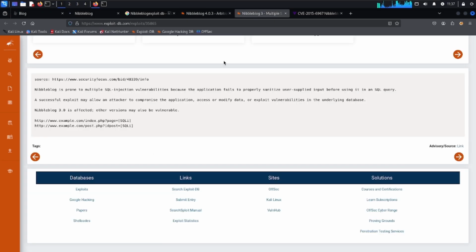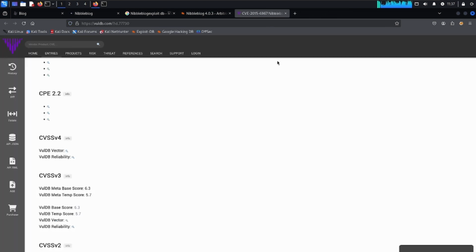In this case, Nibbleblog is prone to multiple SQL injection vulnerabilities because the application fails to properly sanitize user supplied input before using it in a SQL query. So this is not going to work out. Now